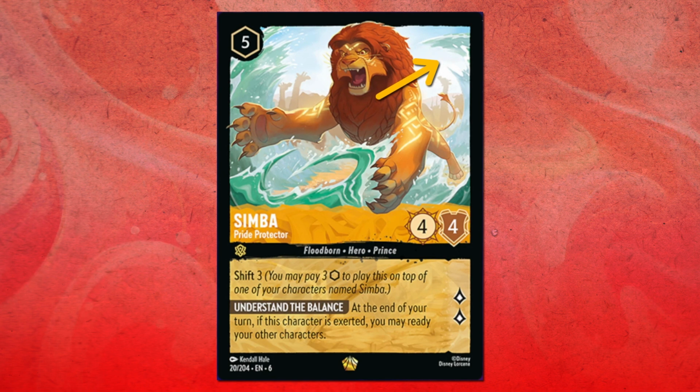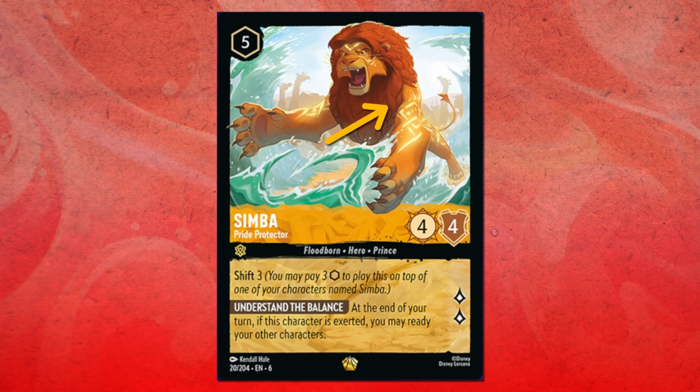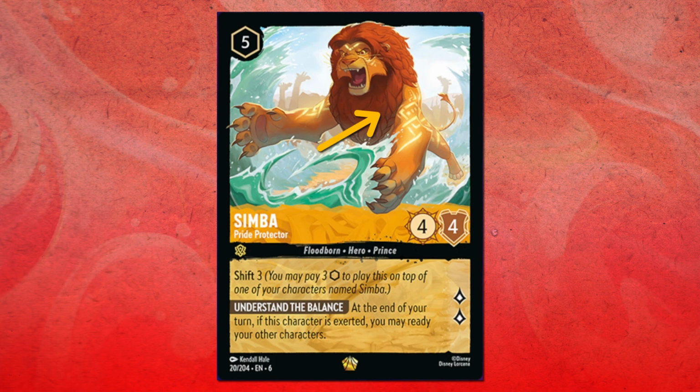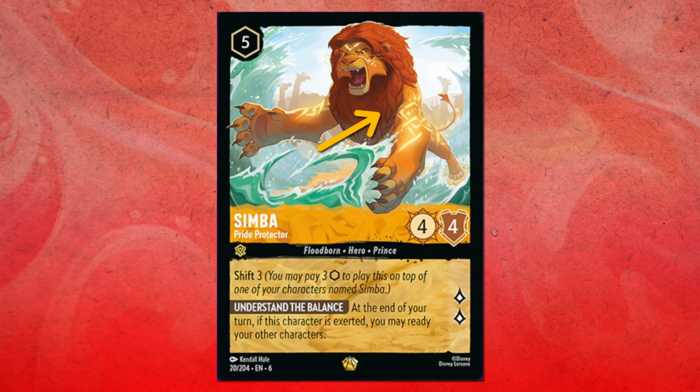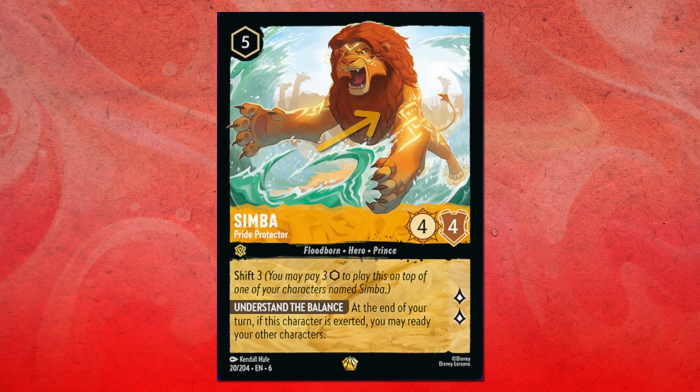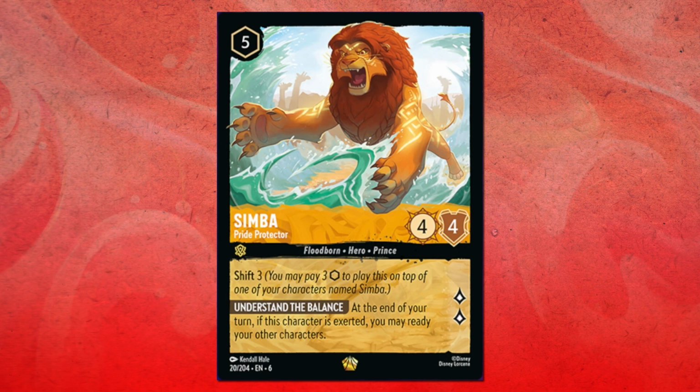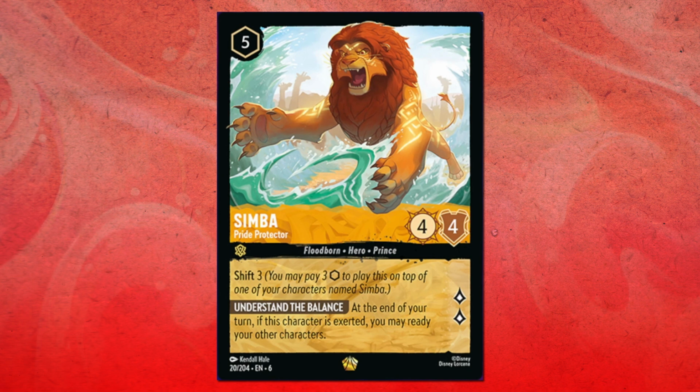Going back to his body, though the glowing patterns don't travel into his mane, Simba's mane has braided crossing patterns in them. These patterns are particularly special because they hone in on Amber's shape language specifically. Yet again, just like with the song card earlier, these elements all coexist in a delicate balance to set a rhythm within this wonderful art.